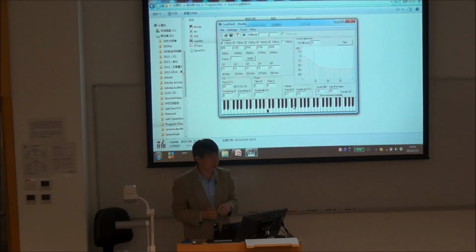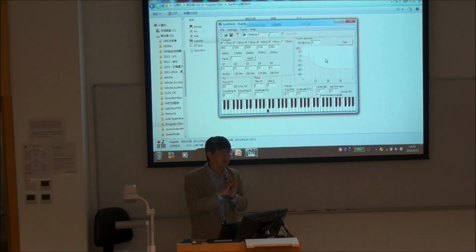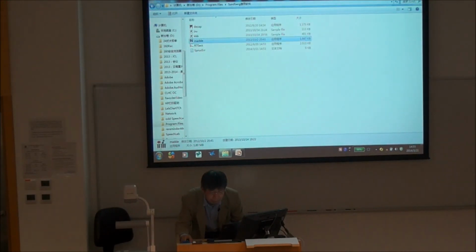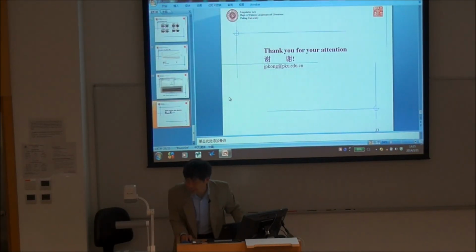Maybe next we can do some testing by ERP to see whether there is a difference in the perception. I don't know. But we can also synthesize more harmonics like this. If you give two or three, you cannot hear different pitches but vowels. Okay, I will finish this part. But I think the time is